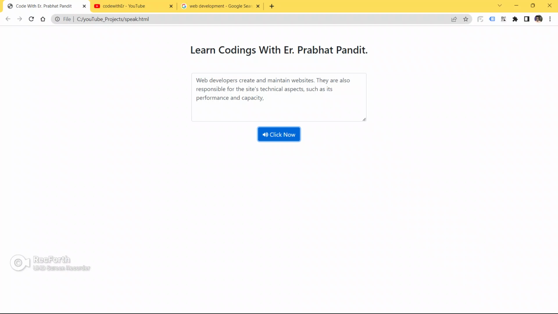This can be really interactive for the user, for a user who is not able to see, or who is not able to do some kind of activity visually. For such kind of user, this application will be really helpful. So we are going to learn in this video how to make this kind of application using HTML, CSS and JavaScript. So guys, let's get started and let's build this kind of application.